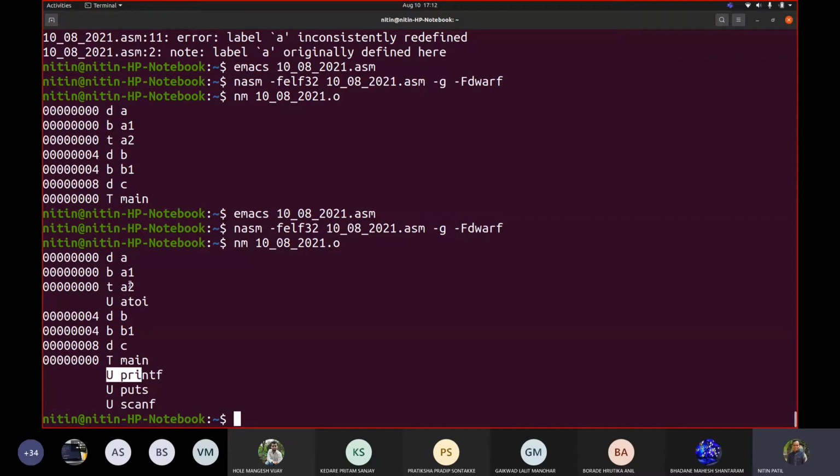In ascending sorting order, all of them are labels now for us: A to I, A1, A2, B, B1, C, main, printf, puts, scanf. Now, if I need to collect this information about all such variables, somewhere this information should be stored.